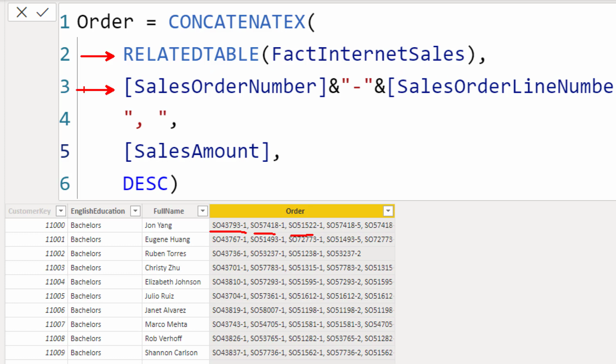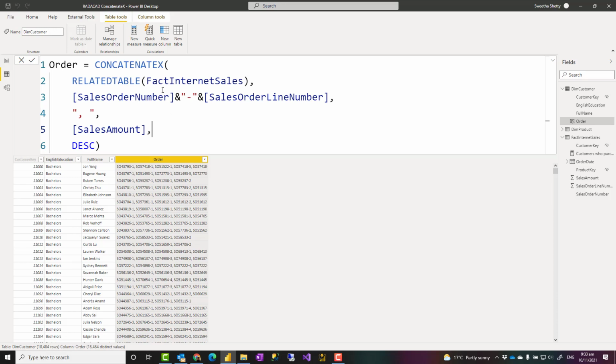The expression which we are concatenating, the delimiter used between those expressions, the order by expression, and then what is the direction of that ordering, descending or ascending. You can have multiple order by expressions as well. So using ConcatenateX as a column is possible, but normally this is not what we do. If you want to add it as a column, you are kind of like